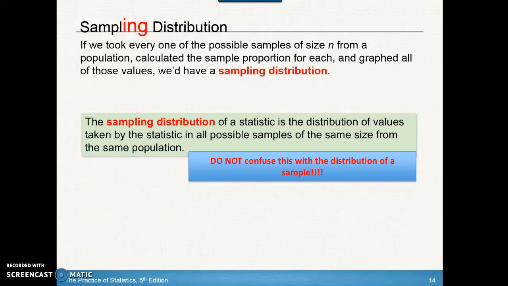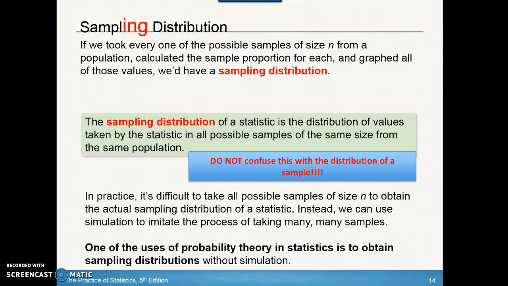A sampling distribution takes those groups of 100 students, finds a sample proportion for every single one of them, every single group of possible 100, and so I have many different statistics on a curve, okay? Now, it's